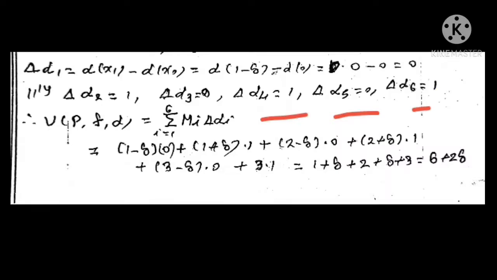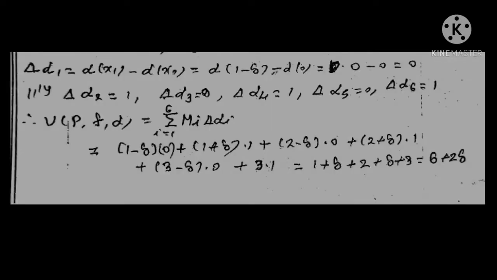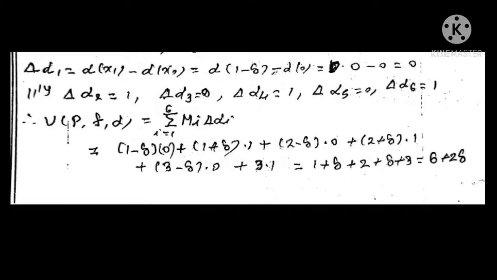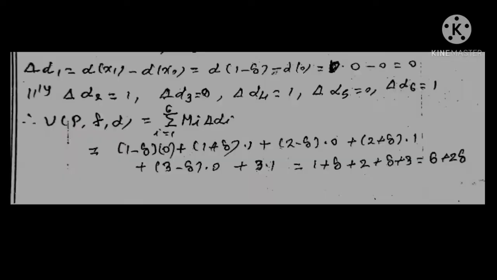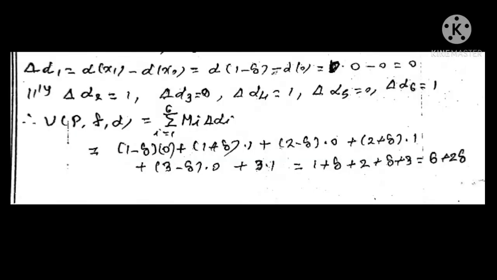Now the upper sum of f with respect to P and alpha is equal to sigma i running from 1 to 6 of mi delta alpha i, which is equal to m1 delta alpha 1 plus m2 delta alpha 2 plus m3 delta alpha 3 plus m4 delta alpha 4 plus m5 delta alpha 5 plus m6 delta alpha 6, which is equal to